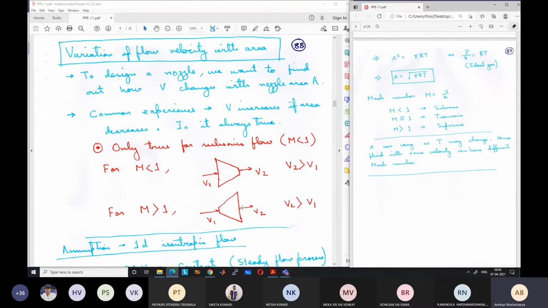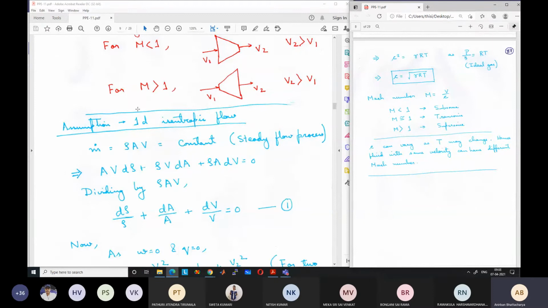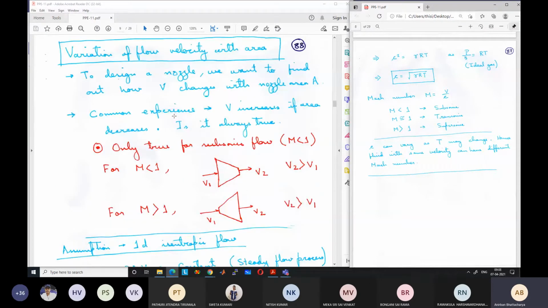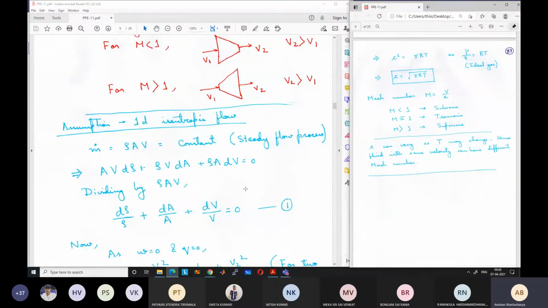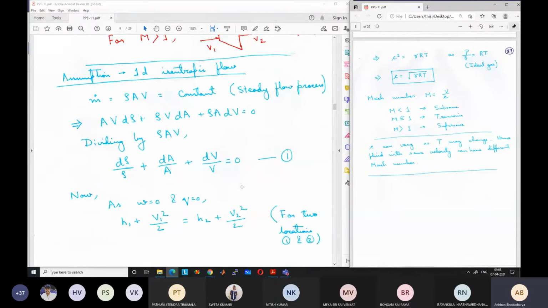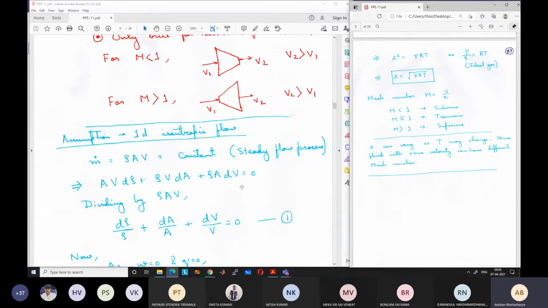So we want to see that this holds true. Instead of just assuming that this is the case, we want to mathematically see that this is indeed true. To do that, we will do a derivation. We will start with a 1D isentropic flow like in the previous case. Typically flow through nozzles can be approximated as 1D isentropic flow, if there are not much frictional losses, which is the case in real life, and not much heat transfer occurring because the flow is quite fast.